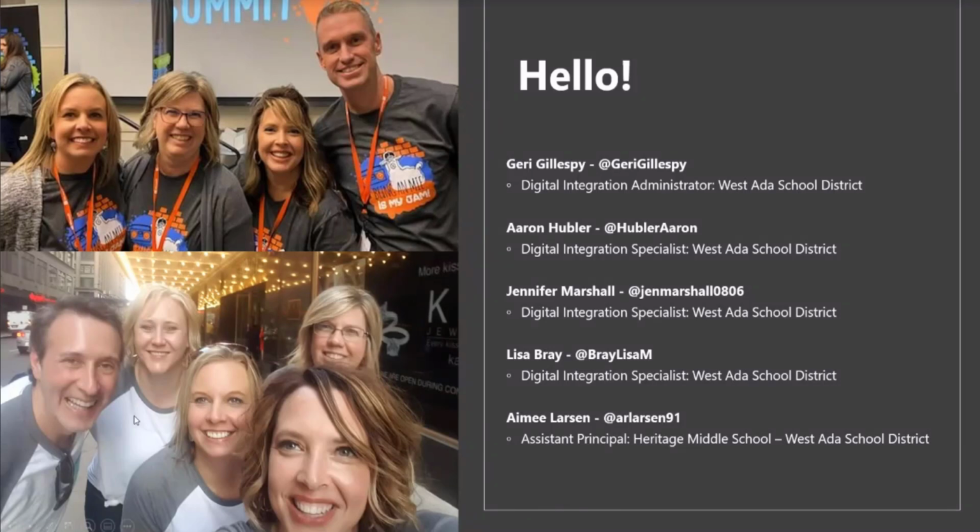Now that we're set here, West Ada is the largest school district in Idaho with just about 41,000 students and 57 buildings right now, which will soon be 3 more buildings over the next couple of years. We started as any other district trying to be as innovative as we could and ended up having 57 different variations of devices, models, and programs, different in every school.